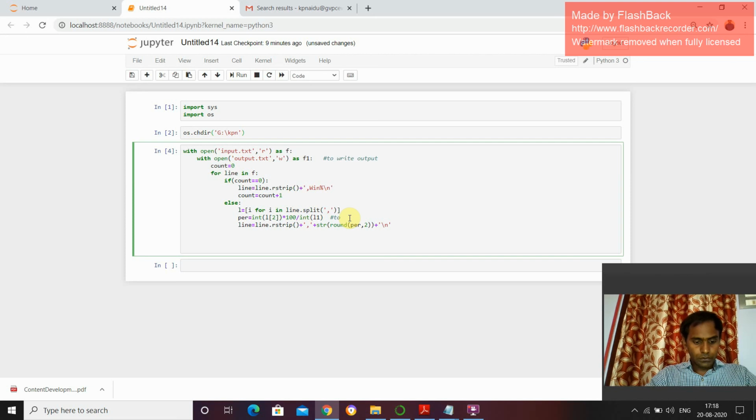to calculate the percentage. This line we have to use. So line, okay. So input line, this contains the input line